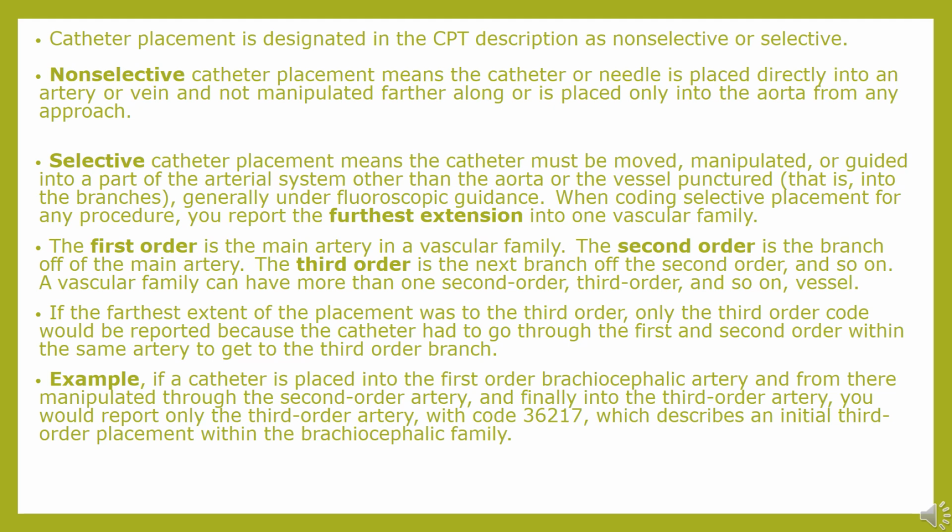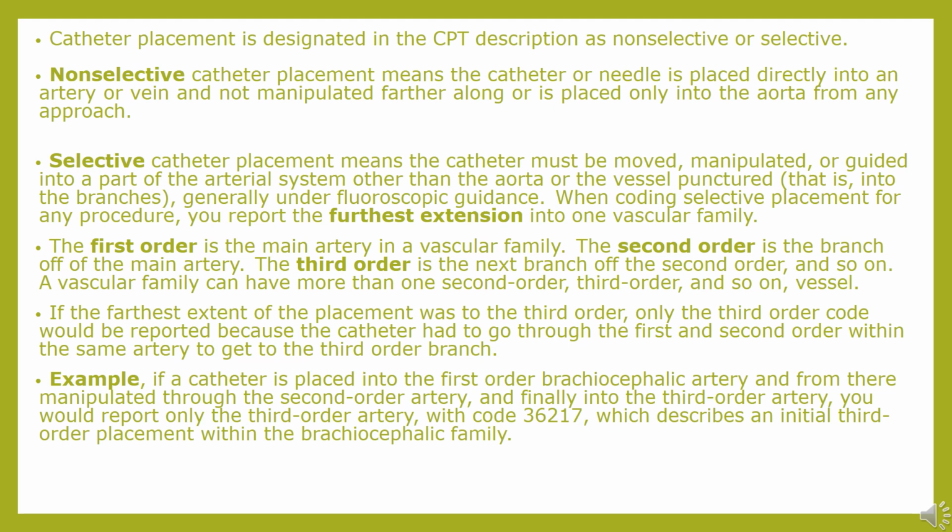When coding selective placement for any procedure, you report the furthest extension into one vascular family. The first order is the main artery in a vascular family. The second order is the branch off of the main artery. The third order is the next branch off the second order, and so on. A vascular family can have more than one second order, third order, and so on vessel. If the farthest extent of the placement was to the third order, only the third order code would be reported because the catheter had to go through the first and second order within the same artery to get to the